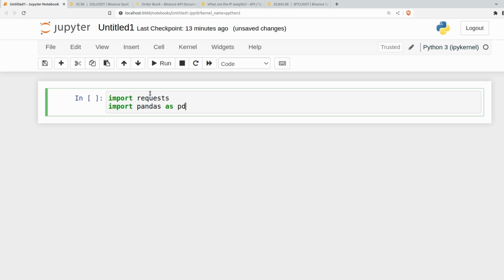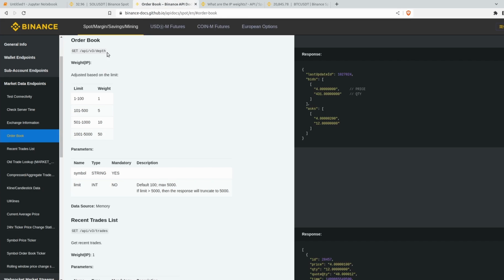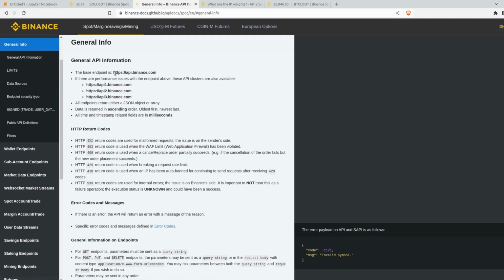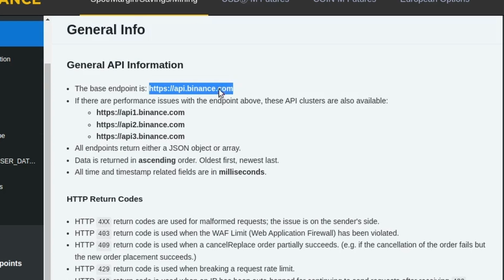data analysis. The next thing we'll need here, of course, is the API URL. Now, you can find this in the Binance documentation. I'll leave a link in the description. But generally, you'll just want to go to the top of the documentation, wherever that is. Grab the base URL here, so